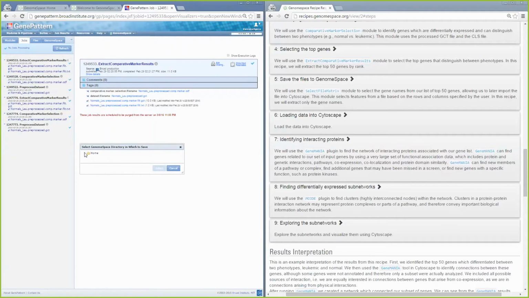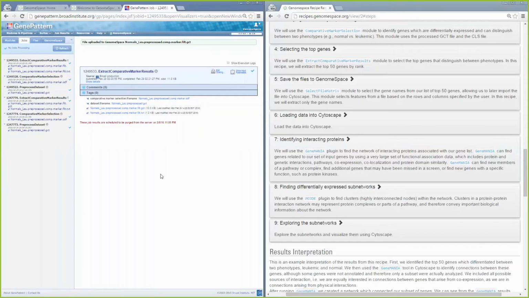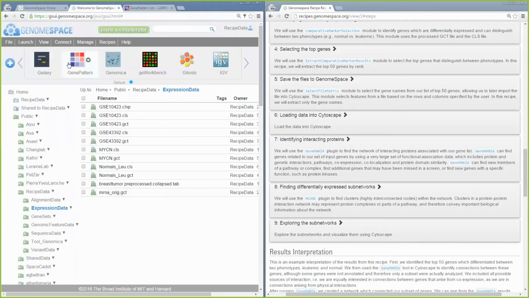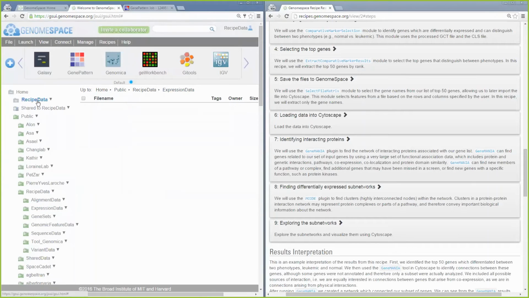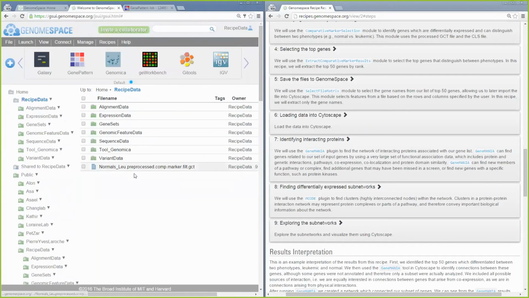And here I will select my directory, recipe data, and click Select to send that to GenomeSpace. So now if I return to GenomeSpace, I should be able to see under my own directory that we have that file sent. And now what we're going to do is we're going to extract the top 50 genes.